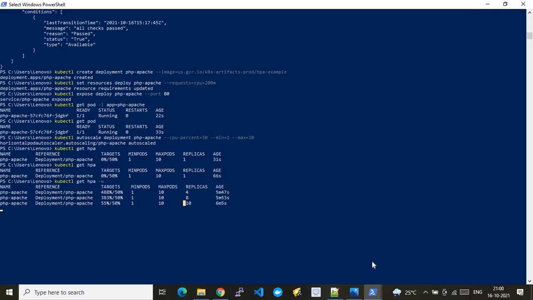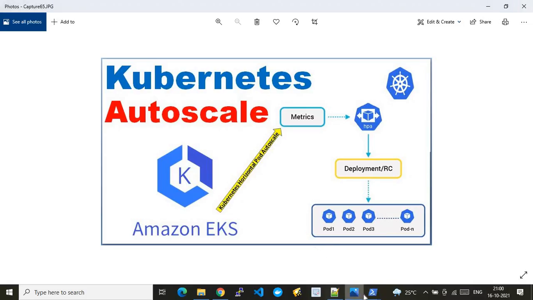Okay, so with that note, I have shown you the required steps for this demo, where I created an Amazon EKS cluster. On that Amazon EKS cluster, I enabled the metrics server. After enabling the metrics server, I also configured the HPA on that. I configured an example web application on this EKS cluster. On top of the example web application, I deployed the HPA configuration, and in that HPA configuration, we targeted CPU usage.